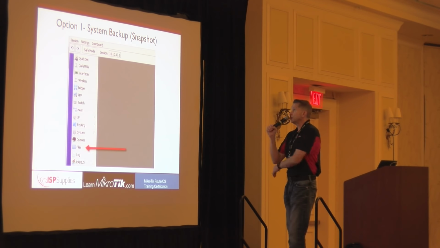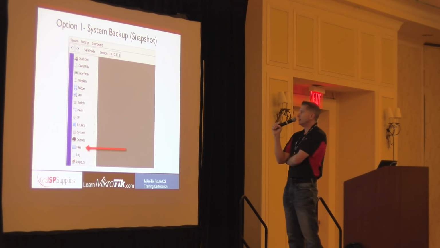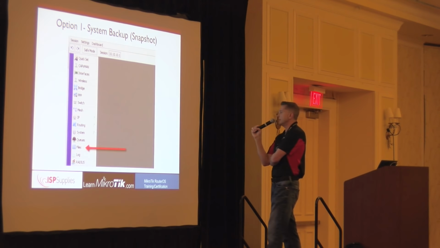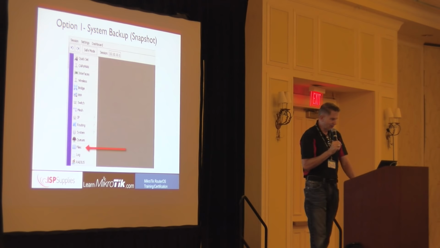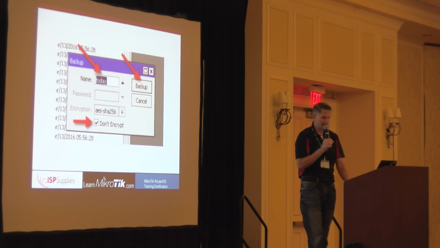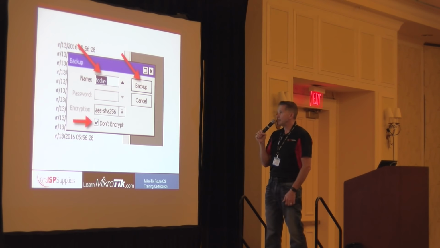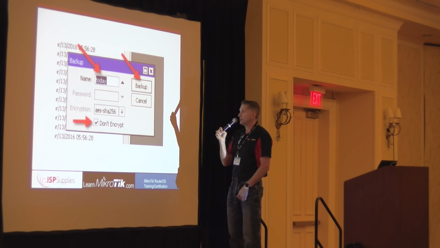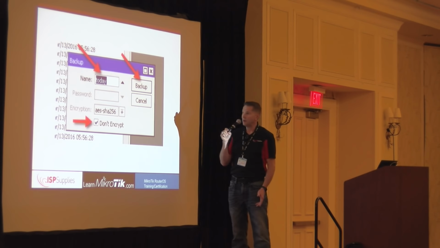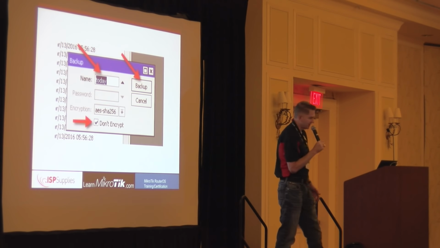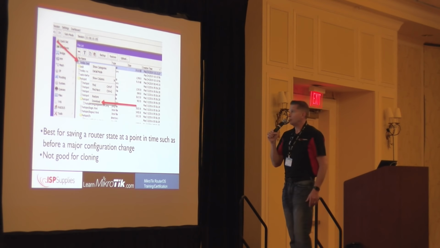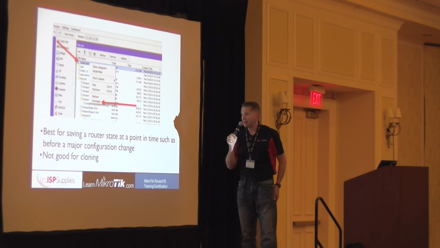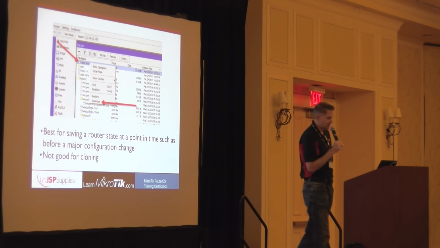So the first option I'll show you is the system backup. And this is a built-in function in RouterOS, and this is allowing you to make a snapshot in time. To do that, you're going to click the Files button and the Backup button. Now, it will pick a default name for you for that backup, which you can accept, or you can name the backup the way you want. You can have encryption, don't encrypt, put a password on it, all kinds of things. But pretty simple procedure. You hit Backup, and the backup file will be created in the Files list. At that point, you can download it and save it somewhere safe.